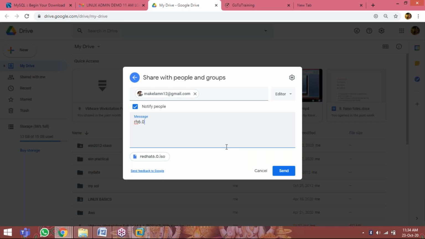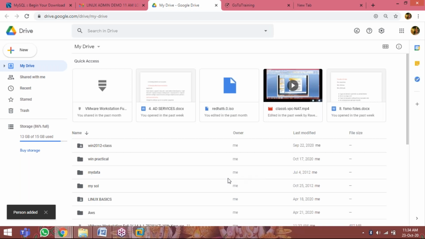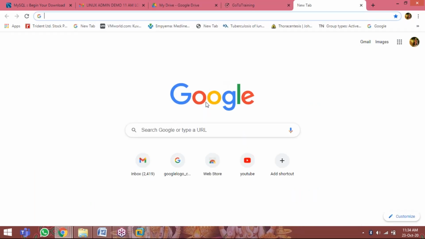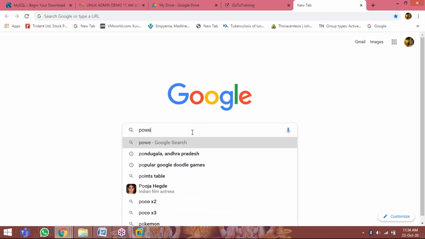Sir, one doubt, sir. What is an ISO image? So generally previously the complete software came on a DVD, with each and every configuration file, everything on the DVD. Now they converted the software into a single file. That is the International Standards Organization, that is the ISO image. There is Power ISO. You can see Power ISO images.